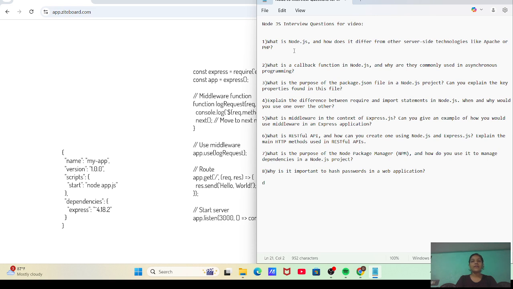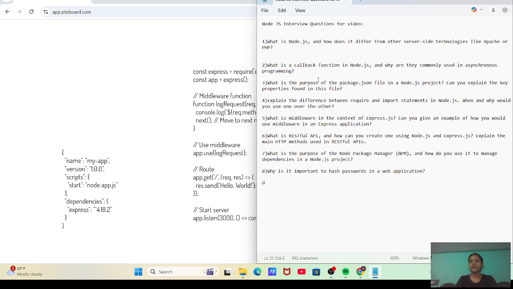Node.js is a JavaScript runtime built on the Chrome V8 engine. It is non-blocking and single threaded. The difference from Apache and PHP is that they are multi-threaded and blocking. A simple example: Node.js is useful for chat apps or APIs. PHP is useful for the performance of traditional websites with server side.